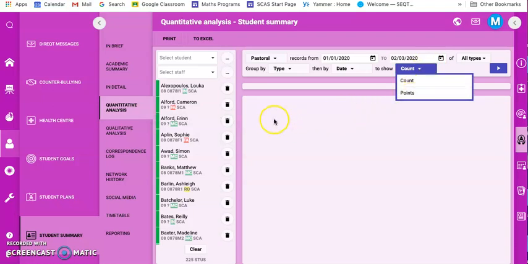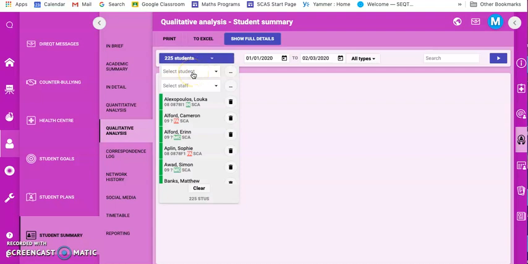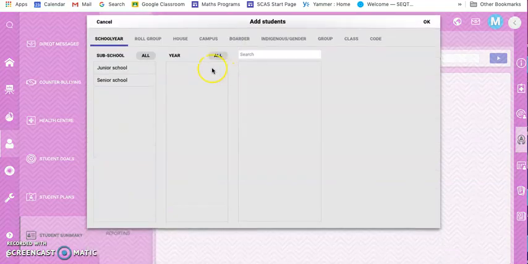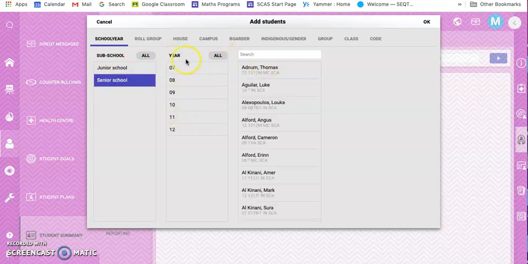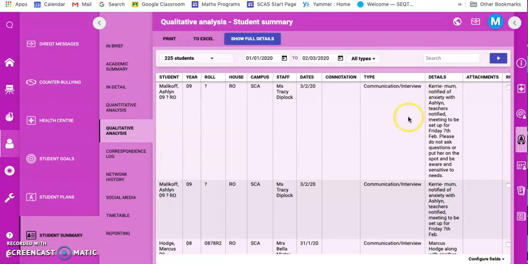But this is not quite finished yet. We're not quite sure how to do that yet. However, if we want a qualitative summary, I might go into, for example, this drop-down menu and choose a particular student. I might select Thomas. Or I can go over here and select a whole year group, a junior school, or if I do senior school, I can get various year groups. I can select the whole lot if I want. If I select year 8 and press OK, and then press my go arrow,